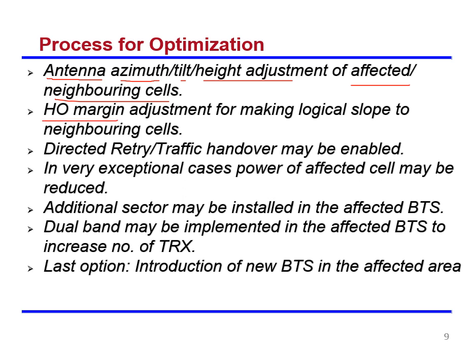Handover margin also needs adjustment, whether it should be 5 dB or 6 dB, depending upon the conditions. You have to adjust it. And finally, we can also go for dual band antennas if you have more frequency. In addition to the 900 band, if you also have the 1800 band, you can use both bands and increase the channel capacity and reduce the congestion rate.